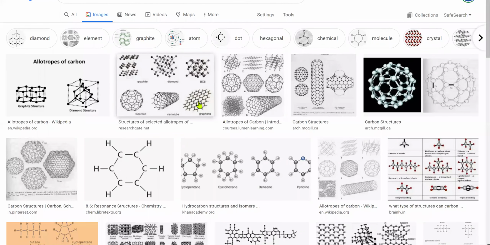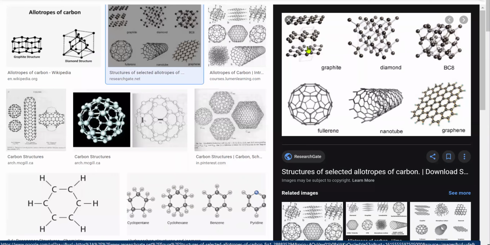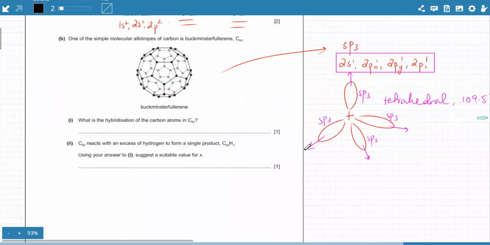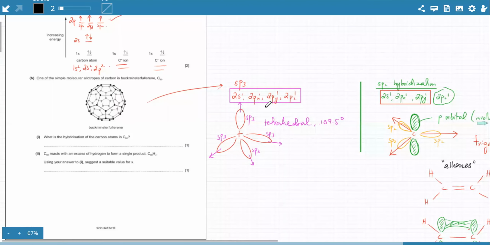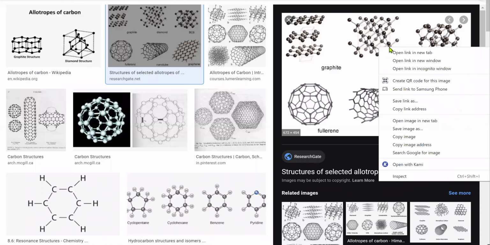अच्छा, so one by one we're going to discuss the structures of carbon. ठीक है, जो AS के अंदर आपने पढ़े थे. The first one is diamond. Obviously, you've studied diamond all the time. Diamond is the tetrahedral arrangement. ठीक है, diamond is this arrangement. It's the sp3 hybridized arrangement of carbon atom. What happens in diamond is that each carbon atom is bonded to four different other carbon atoms, and